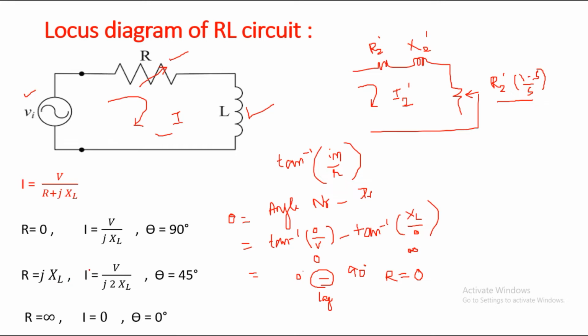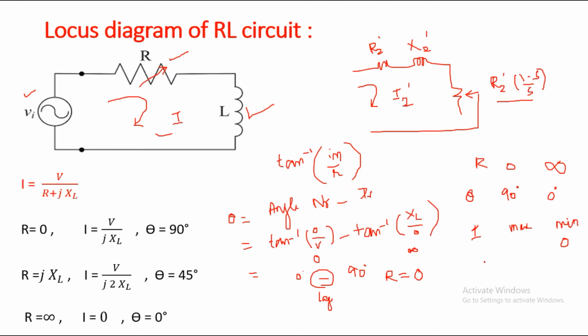And what is the inference we can get by obtaining the value of current as well as phase angle by varying resistor? We are increasing the resistor value from 0 to infinity, whereas the phase angle between voltage and current is reducing from its maximum value, 90 degree, to 0 degree. Likewise, current drawn from the supply also keeps on reducing from its maximum value to minimum value. In theory we have taken the minimum value as 0.